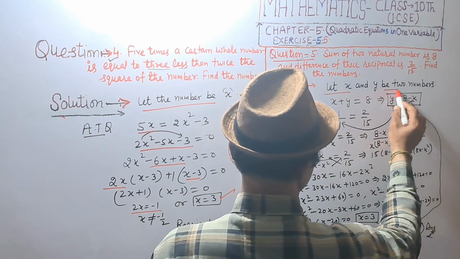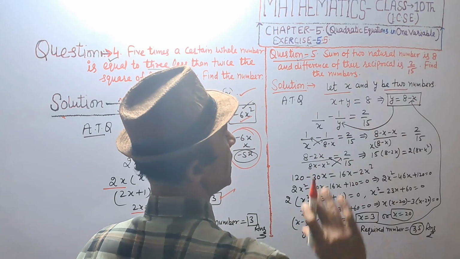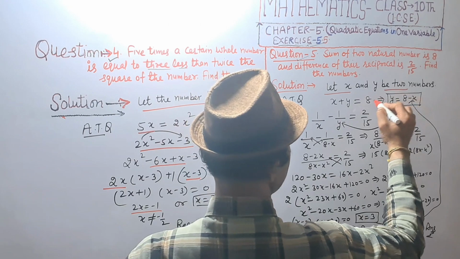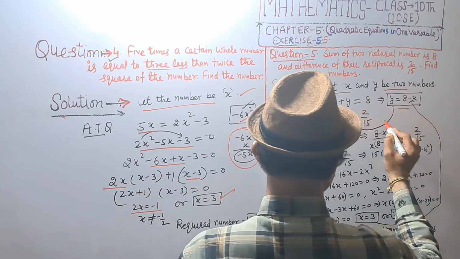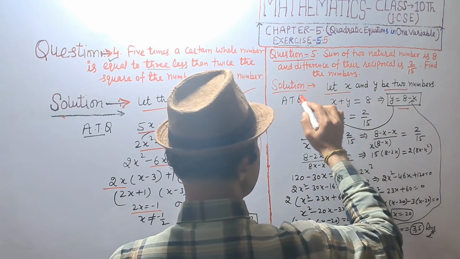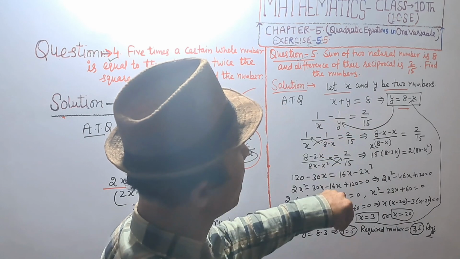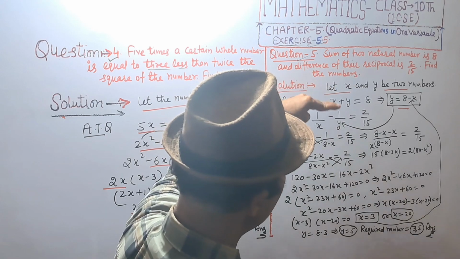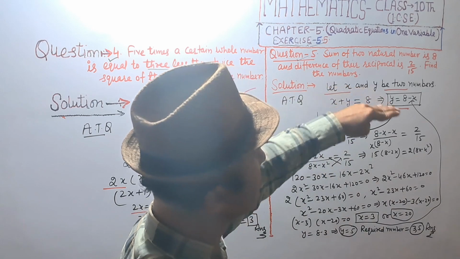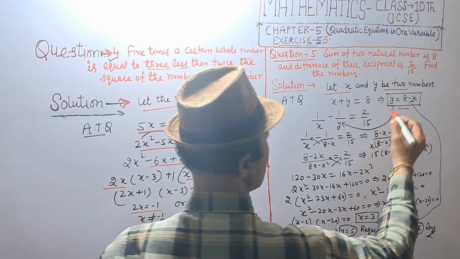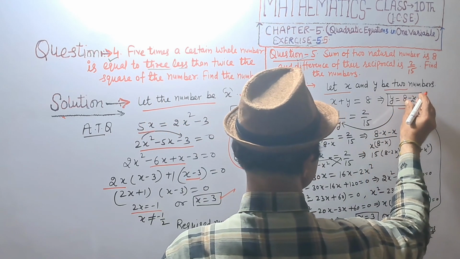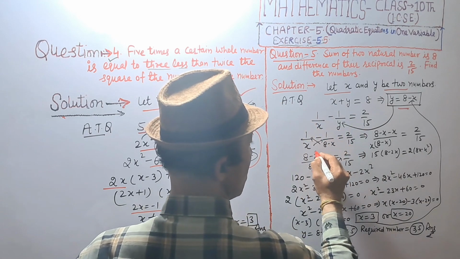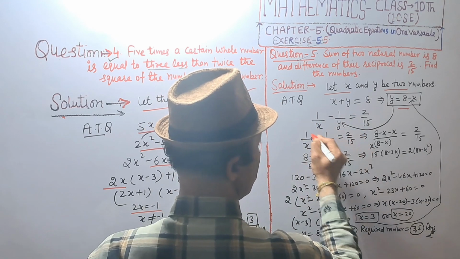Let x and y be two numbers. The sum of two natural numbers is 8. x + y = 8 and y = 8 - x. And the difference of their reciprocals is 2/15. Difference of reciprocals: 1/x - 1/y = 2/15. y = 8 - x. We are putting here. Then 1/x - 1/(8 - x) = 2/15, and